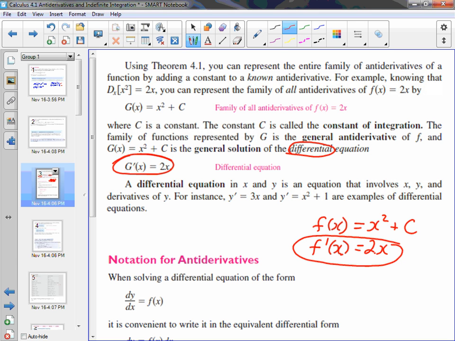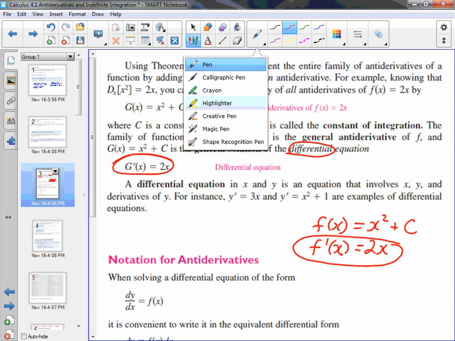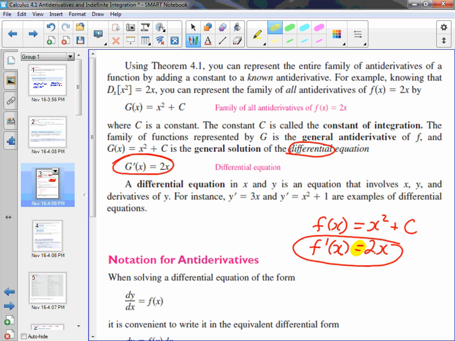This can be called a differential equation because it's an equation. How do I know it's an equation? It's got an equals in it with a derivative in it. It's an equation with a derivative. Where's the derivative? Right there, f prime of x. So the antiderivative, I said the, didn't I? An antiderivative,